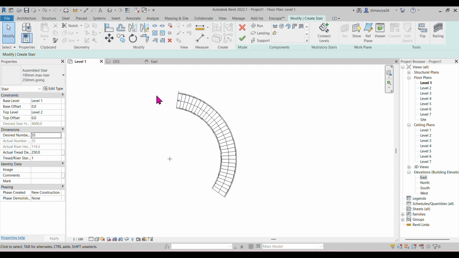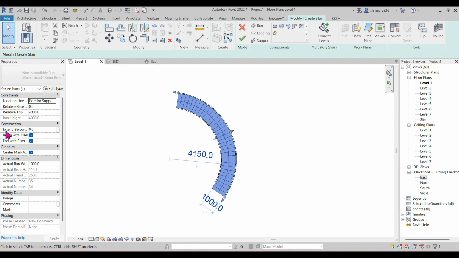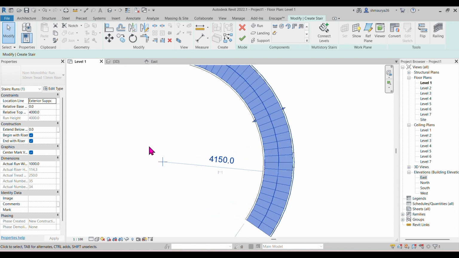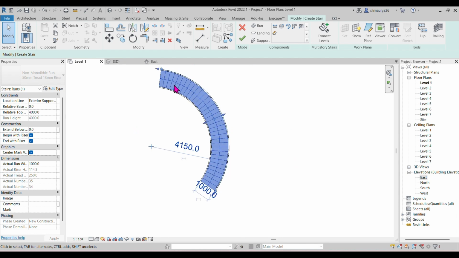Once I am done with the staircase, before clicking on the finish button, if I click on the staircase, you can see more tools are available. We have just seen begin with riser and end with riser. Now let's see center mark visible. You can see on the screen this center mark is visible. If I untick this one, the center mark is not visible. If I tick it, you can see this plus sign center mark is visible, right? Now if I click on finish,